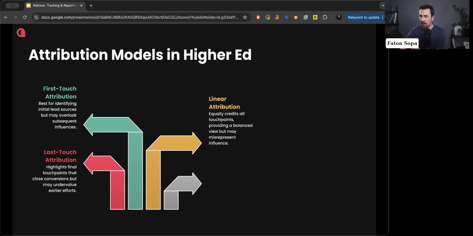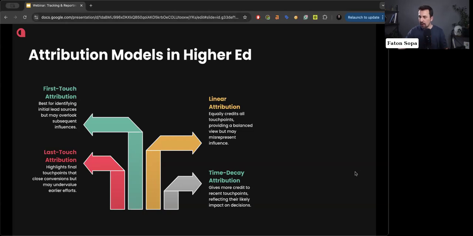Then we do have a more linear approach where you distribute the credits evenly throughout all the touch points the student has reached before they converted to lead or application. Then you have the time delay attribution. This gives more credit to the touch points that are closer to a decision. So the closer a touch point is to a decision, the more credit that touch point gets.